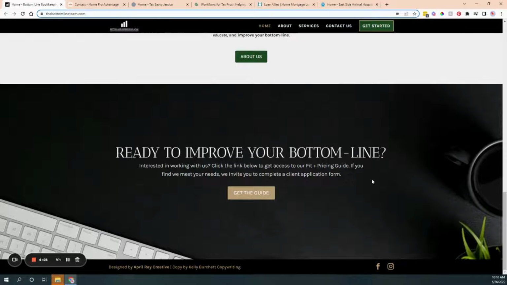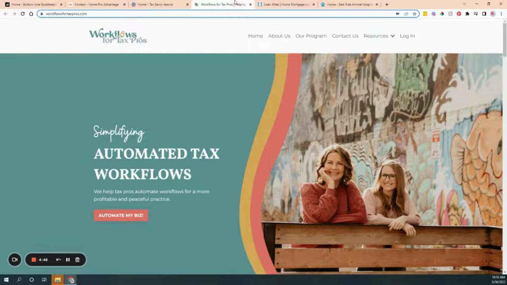You also want to make sure you have this on your sales or service page. So if someone goes to your services page, you want to make sure you have that available as well, because they have clicked your services, they want to learn more, you guide them to the next step. So another great example of this is Workflows for Tax Pros. I'm actually going to go to their program page,